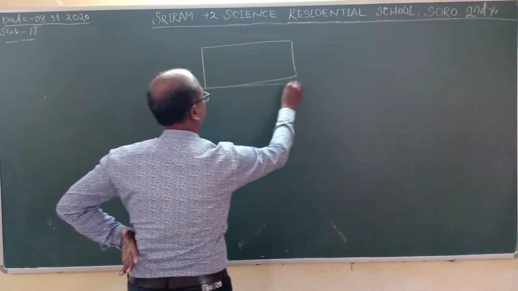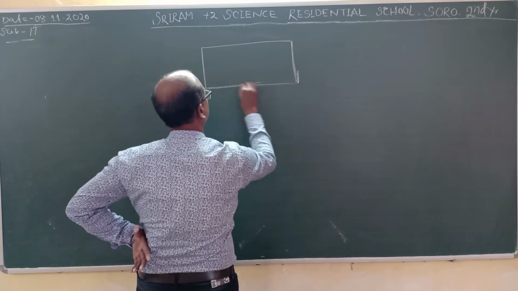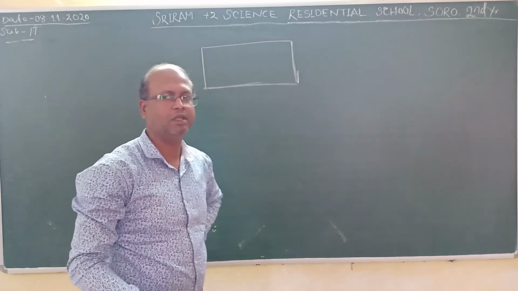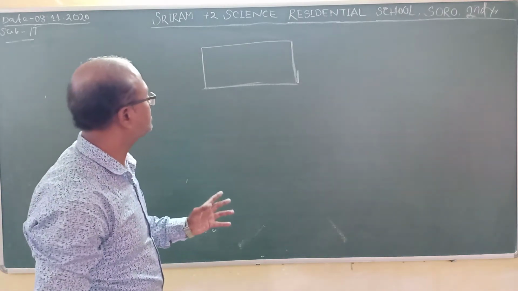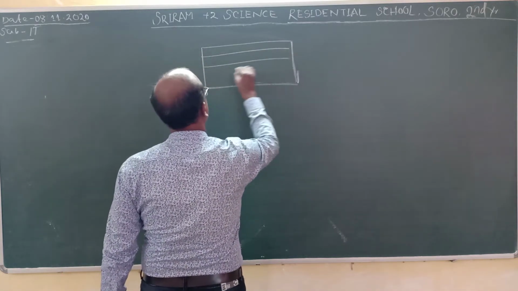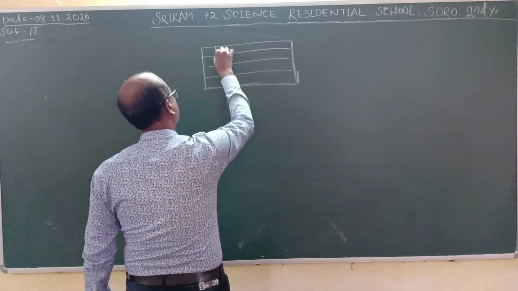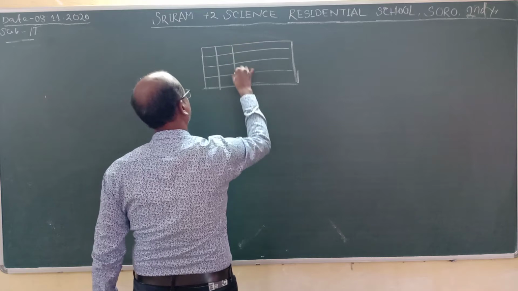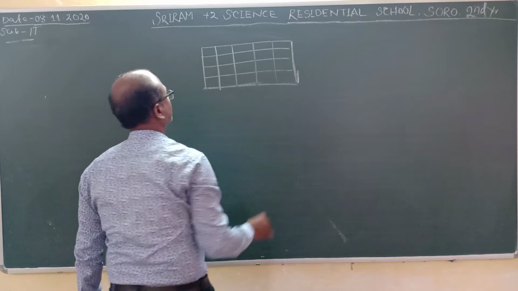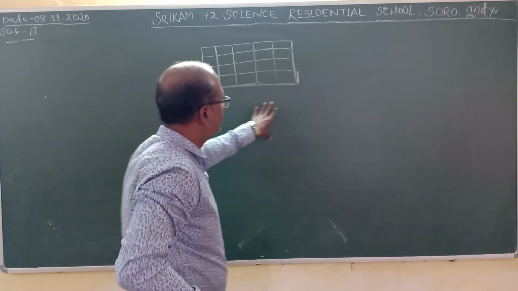Students, you already know that in an RDBMS, a table is the collection of some rows and columns. A table is made up of rows and columns. The horizontal part of the table is known as the rows, and the vertical part of the table is known as the column. So you can say a table is the collection of rows and columns.